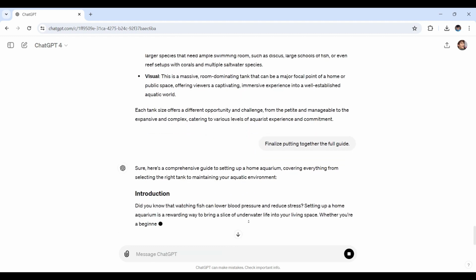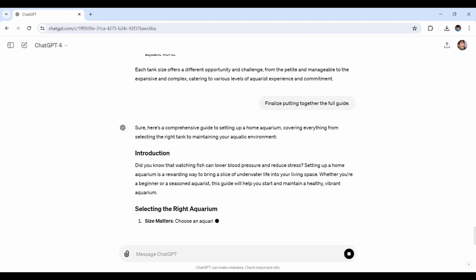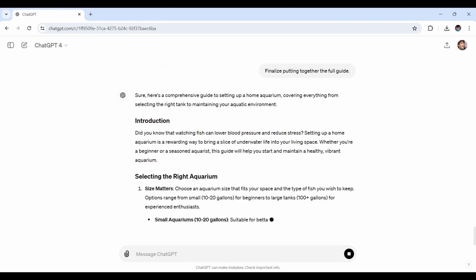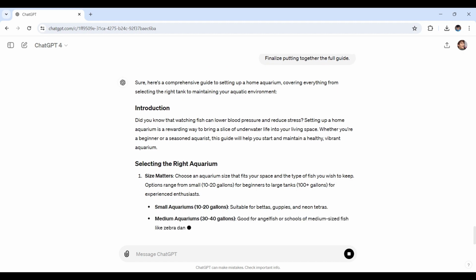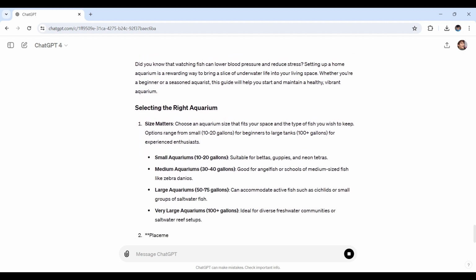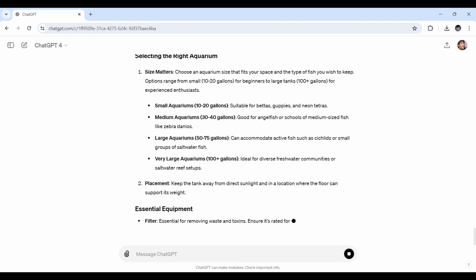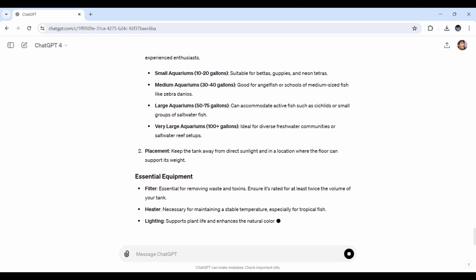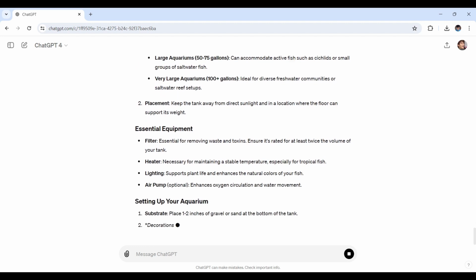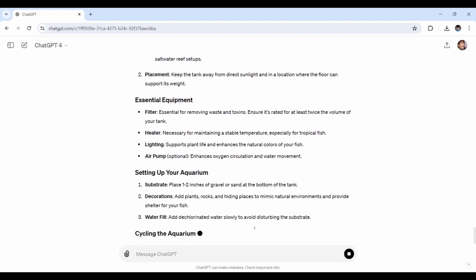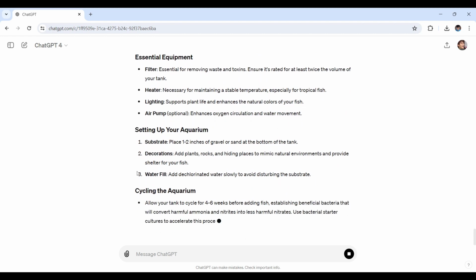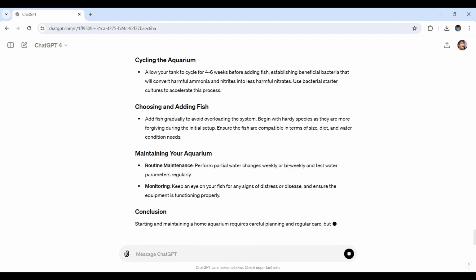Using this prompt, ChatGPT can help craft a guide that's both informative and easy on the eyes. This approach will help our readers visualize the process step by step. Remember, the better your guide looks, the more likely your readers are to stick around and actually use it. And with that, that's a wrap on how you can use ChatGPT right here to create an effective and informative